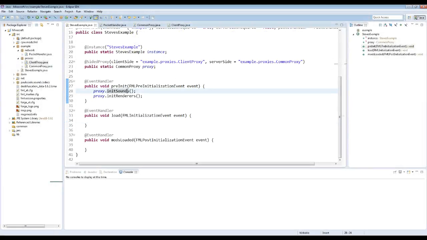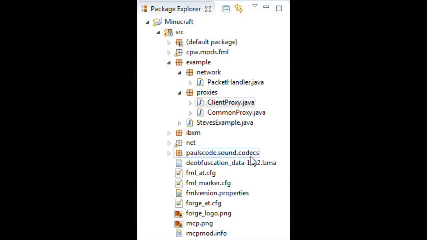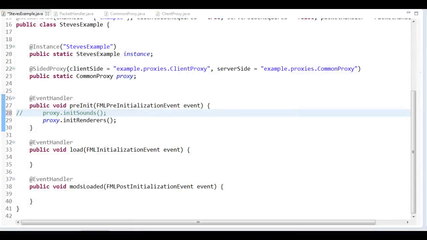We set up a few different files here. If we take a closer look, we have the mod itself, Steve's example. We have two proxies, client proxy and common proxy, and we have a packet handler as well. These are put in different packages and all are in the example package here. Okay, so the code we made, and for some reason it added a comment there,